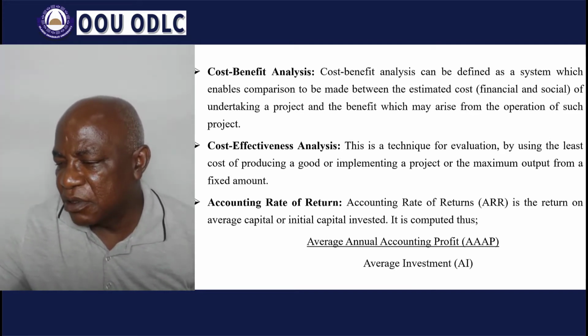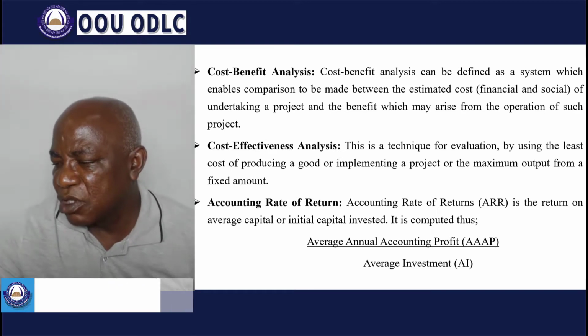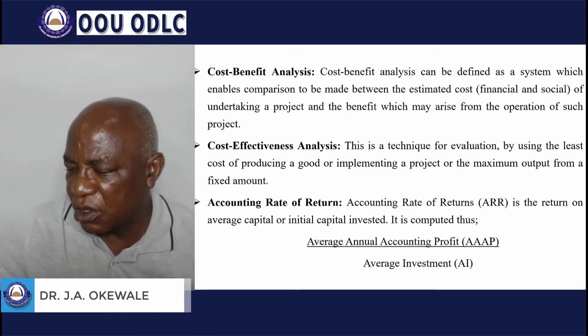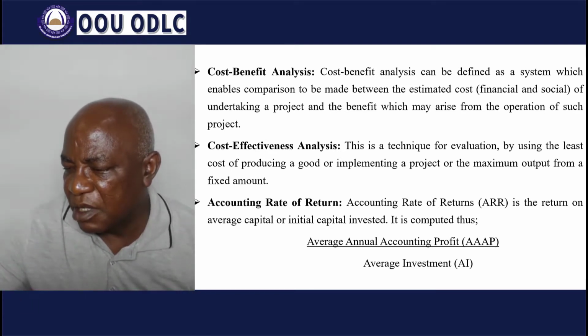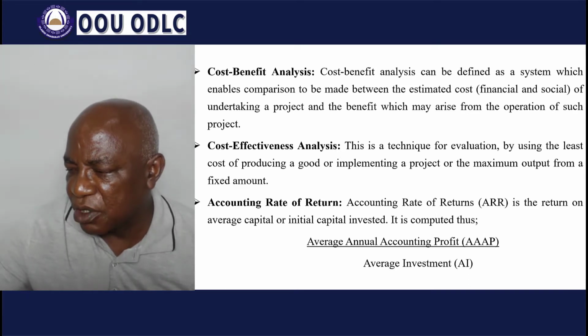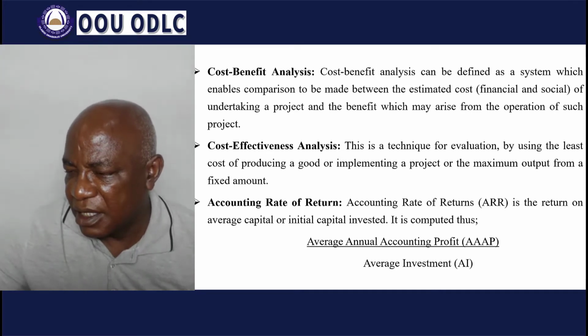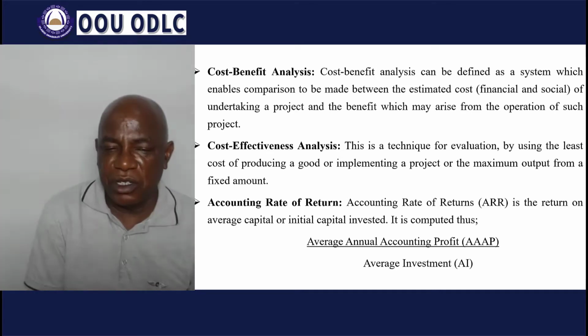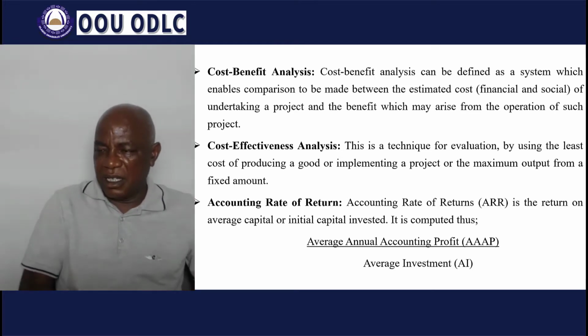Then from the evaluation, we determine the economic and social effect of a particular choice. And finally, we re-examine the problem and the chosen course of action to determine accomplishment. That is what is involved in cost benefit analysis. You have other details which you can read up in the cost material, the detailed cost material.